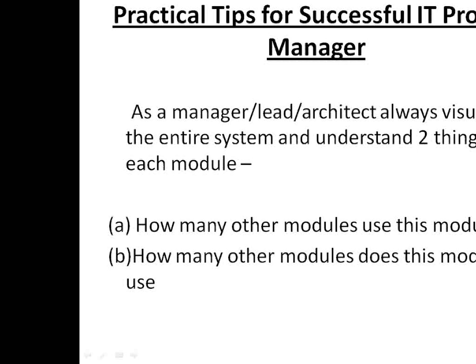It's a bidirectional relationship. If you understand this relationship for every module, you can control the project health. Then project scope will be in your control. You can understand the interaction between different modules, and your life will be simplified. Complexity will reduce. Most of the time we don't understand this, and we start coding one module and then realize, oh, this module is using 10 other modules. So this picture should be there in your mind for every module. You can write a use case diagram or an ER diagram or whatever artifacts you can use, but you should understand these two scenarios.